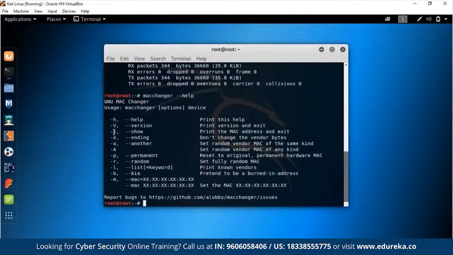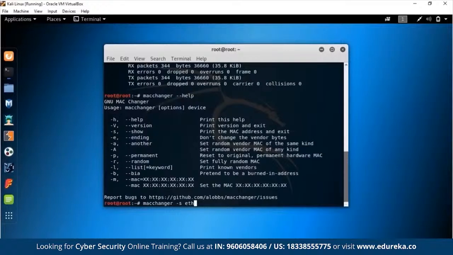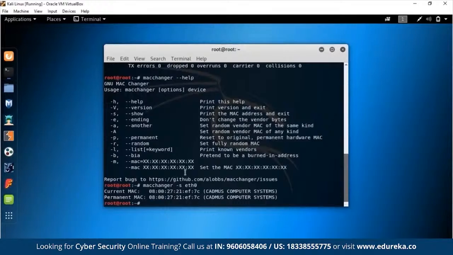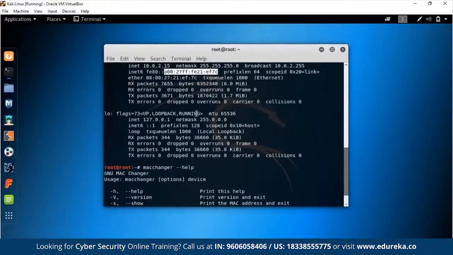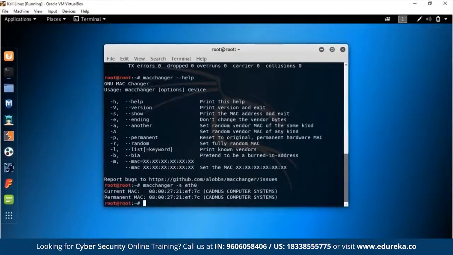So if you see there's a show flag, so we can go macchanger, and you can put the -s and then you put the interface. Now the interface is where it's working. So eth0 is where we are actually getting. We don't want the loopback one. So eth0, and this will give us the MAC address. So our current MAC address is 08:00:27. Let's see if that was the same one shown. Where is that MAC address? Okay, so ether 08:00:27. So I'm sorry, this was the MAC address. I selected the wrong thing. What I was showing you is the IPv6 address, and you can see that's very, very long. So this is our MAC address.